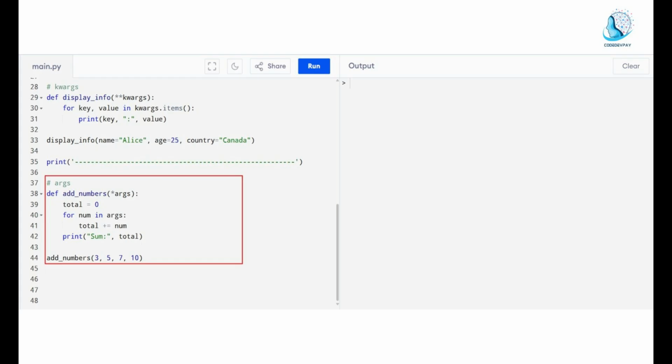set the variable total to 0, and then we are using the for loop. So here we said for num in args. So here the num is the item. We are using total is equal to total plus num, and then we are going to display the sum and the value in total. So here we are saying that any number of value which is being passed to the